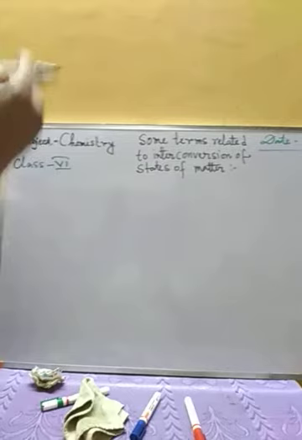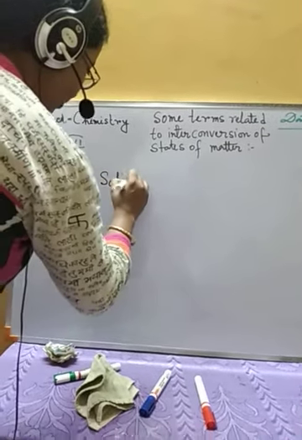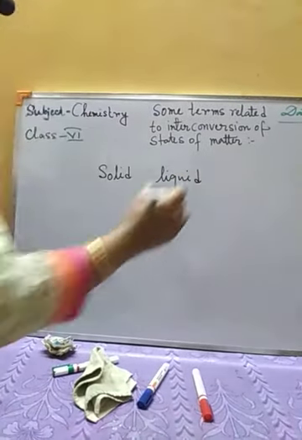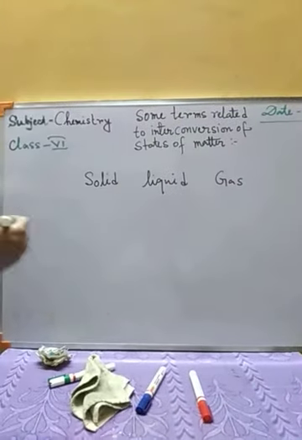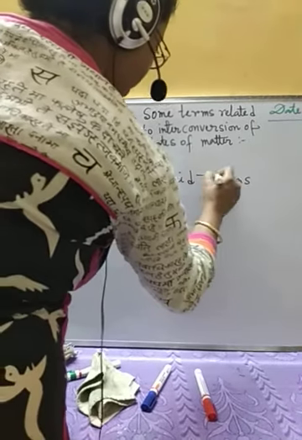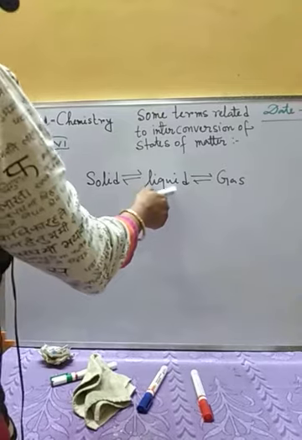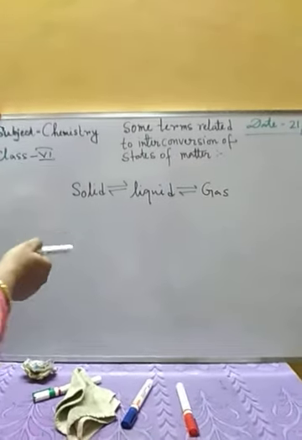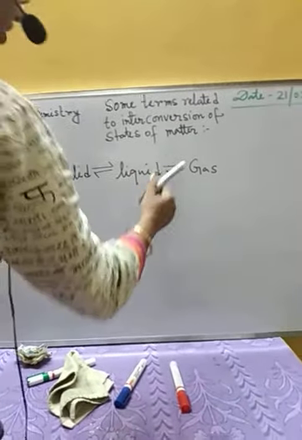So we know there are generally three states of matter: solid, liquid, and gas. These three states are there. Now if we apply heat, we can interchange the states. Okay, from solid state we can get the liquid state, from liquid state we can get the gaseous state. Again, if we take up the heat from gas, that means if we cool it down,